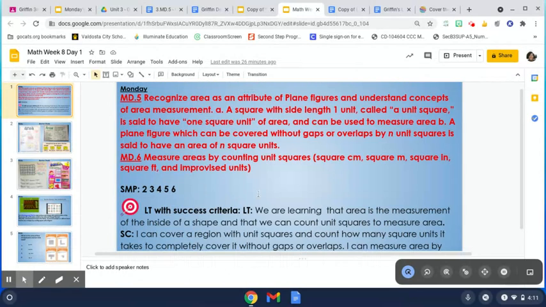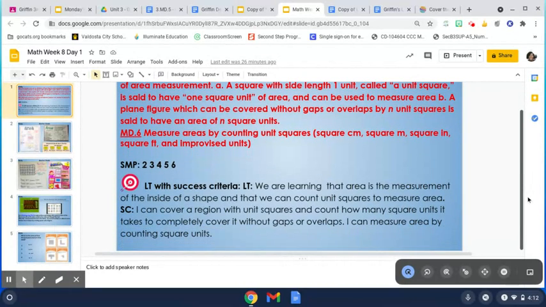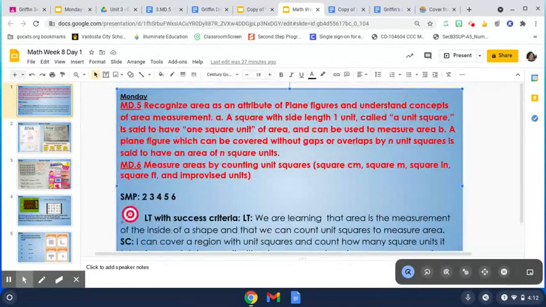So your learning target, to be successful, you need to learn that area is the measurement of the inside of a shape, and that you can count square units to measure area. You'll know that you are successful with this when you can cover a region or a design with unit squares and count how many square units it takes to completely cover it without gaps, which are spaces or breaks,